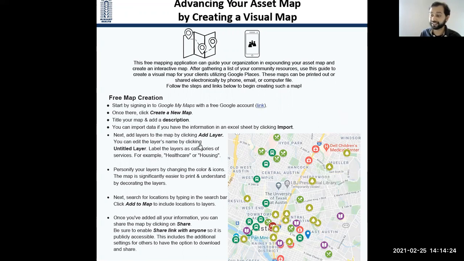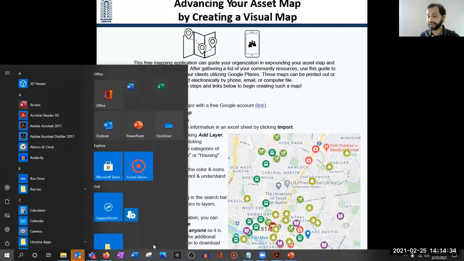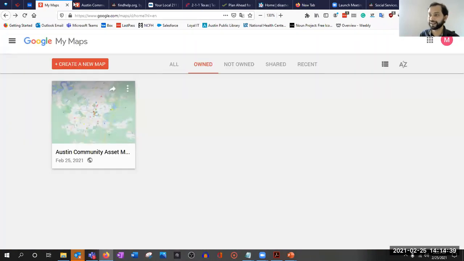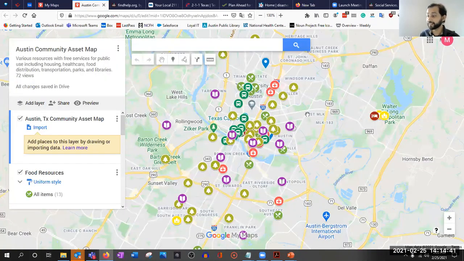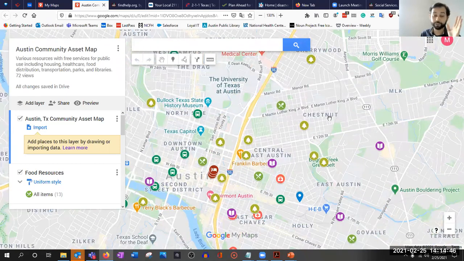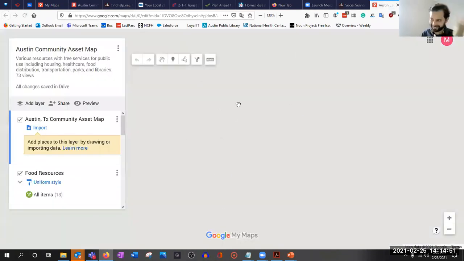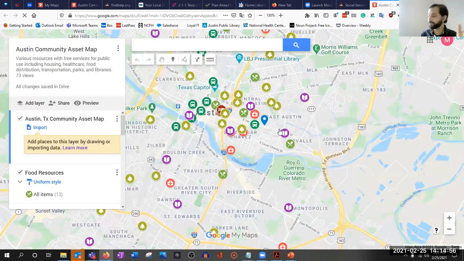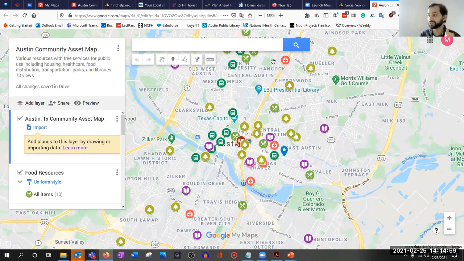As I said, everything has links here, including an example that you can use to base your first asset map on. Let's go ahead and click on that so we can see it. It might take a short little time because it did that the first time. So I'm just going to go ahead and jump into it right here. This is Austin, Texas, the capital of this huge state. This is a very small example of all the resources that are in Austin. And as you can see, it's meticulously